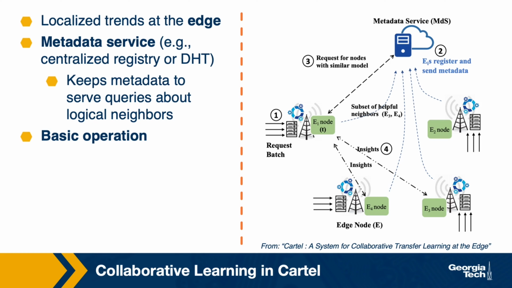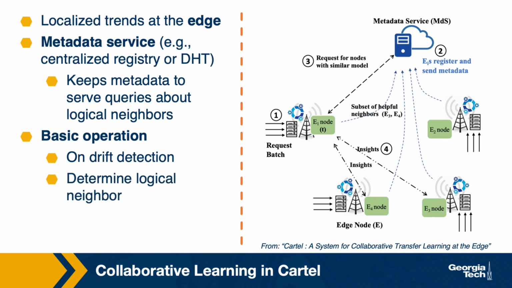it performs an iteration of the learning process using its locally stored model. It dynamically evaluates the quality of the learning, and when it detects a drift, when it detects that the model accuracy drops, that there is some sort of change, it contacts the metadata server. The metadata server, during regular operation of all of these nodes, periodically aggregates a small amount of metadata that tells it something about the classes that are observed at each of the different locations and the accuracies that are experienced at